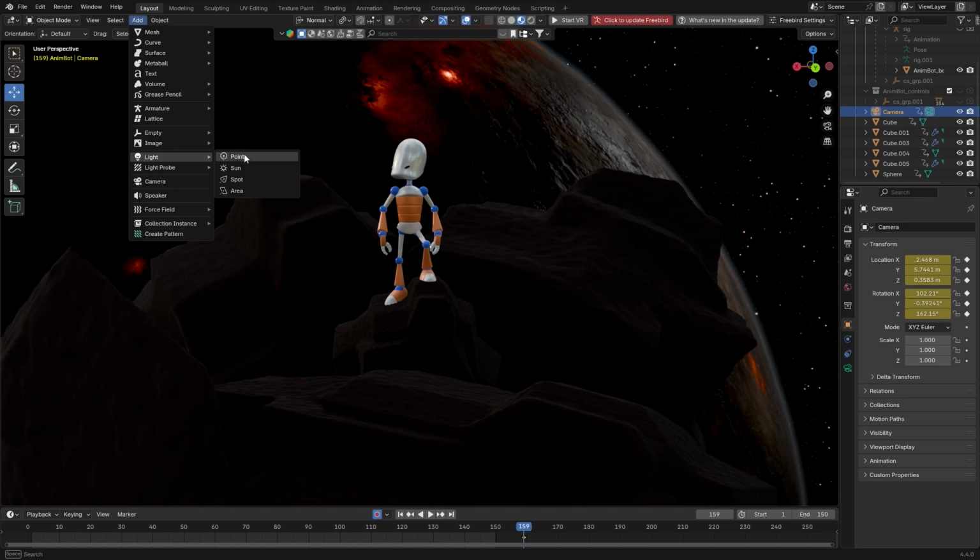Going to Add, then Light, you can see our list of lights that we have to choose from. There's Point, which emits light from a single point in space, Sun, which casts a parallel light source towards a specific direction, Spot, which emits a cone of light much like a spotlight, and Area, a light source emitted from